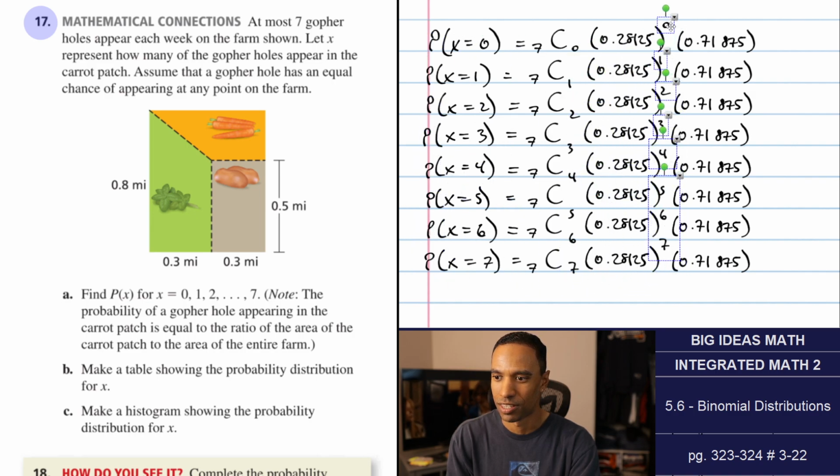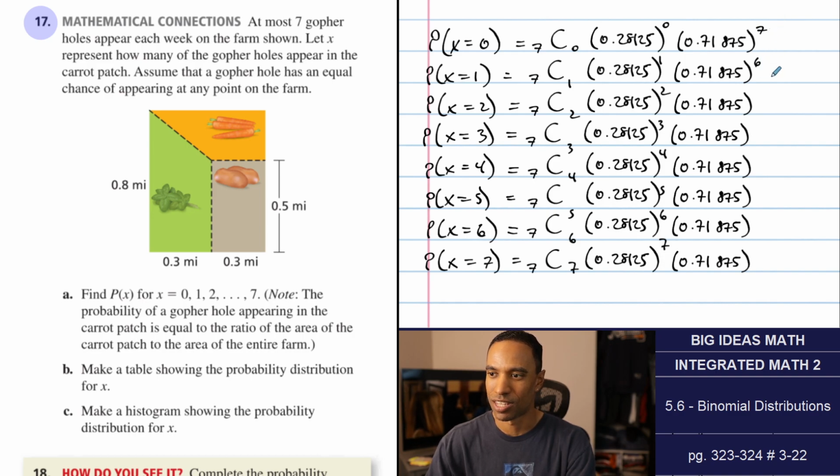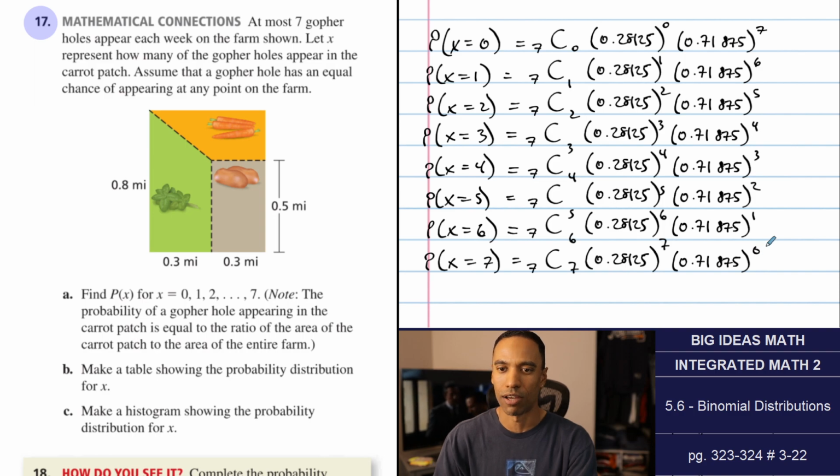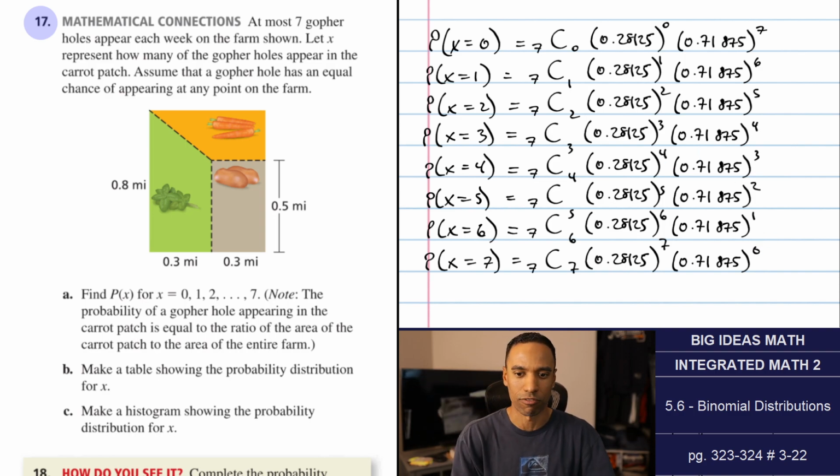I'm so nifty. That probably took longer than writing those. And this one I have to write 7, 6, 5, 4, 3, 2, 1, 0. Now I do have to write out the decimal versions of these afterwards. So I'm going to once again go to my calculator and do this thing where I have 7 gopher